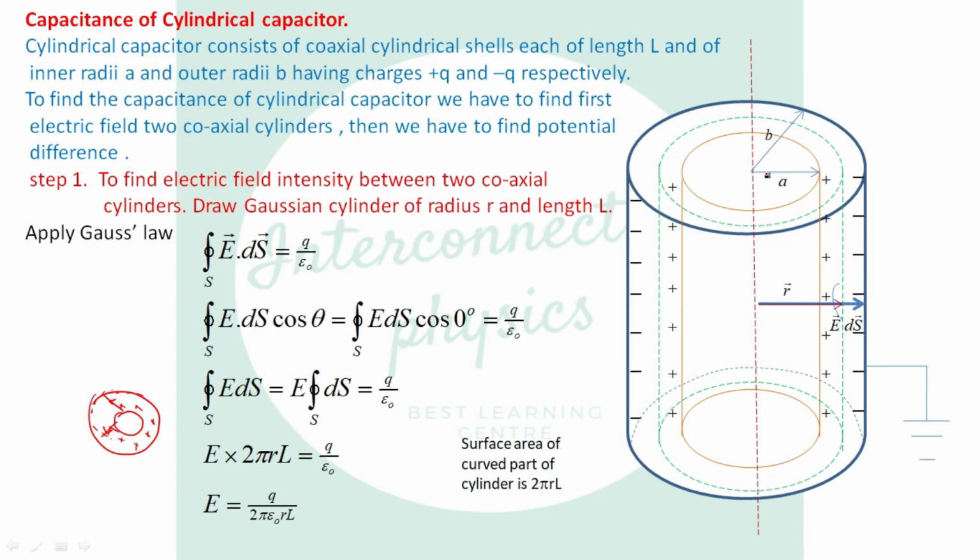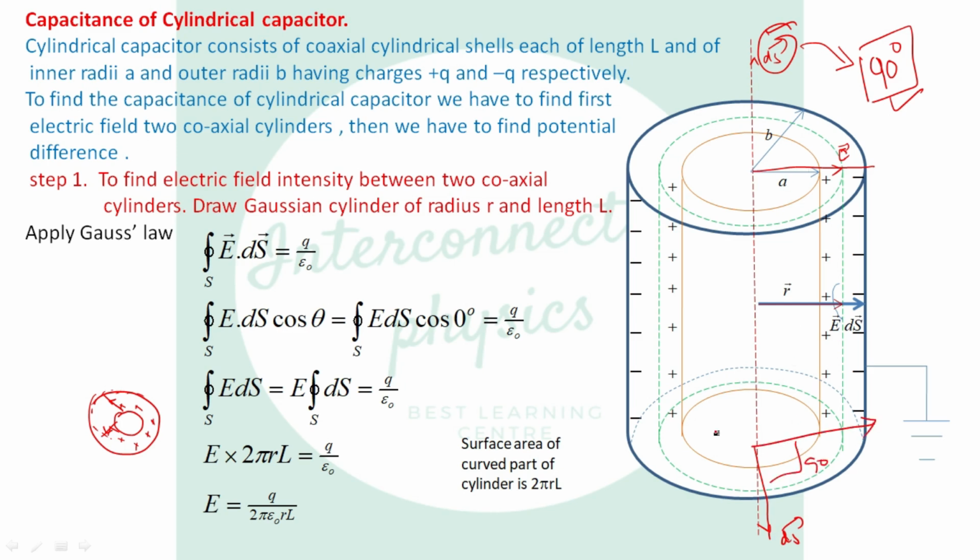So it means the direction of the electric field will be in this direction, E, and the area vector will be normal, ds vector. Then the angle between E vector and ds vector will be 90 degrees, because this electric field will be radially outward and the ds vector will be normal to the surface. Here also the angle between the ds vector, directly outward, and the electric field vector will be 90 degrees.